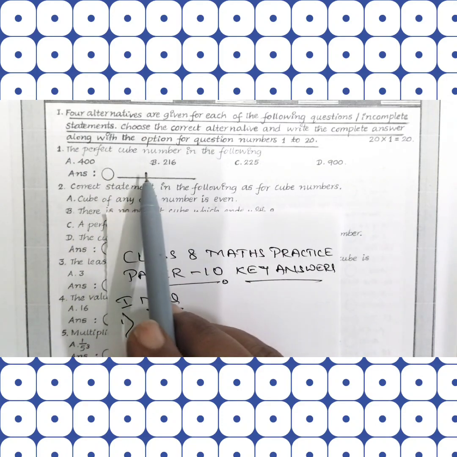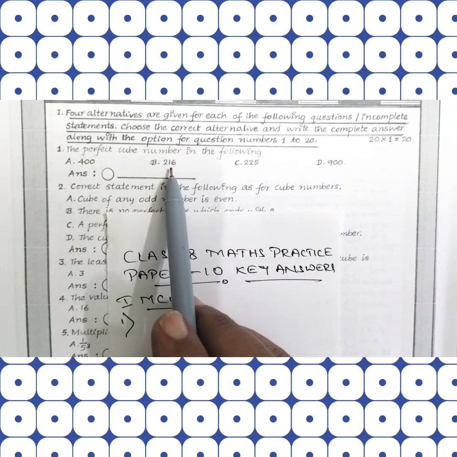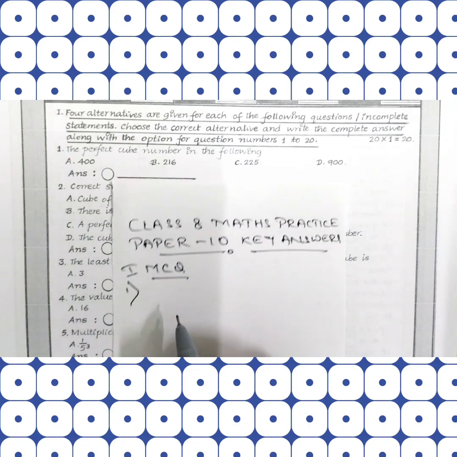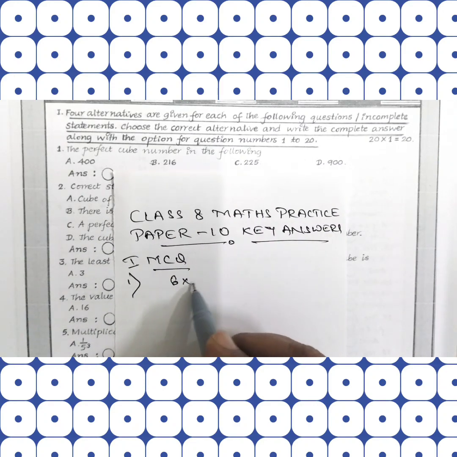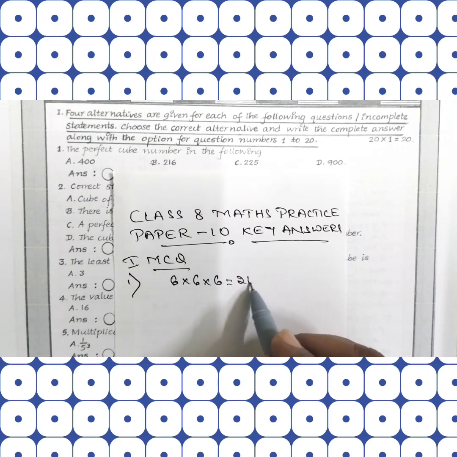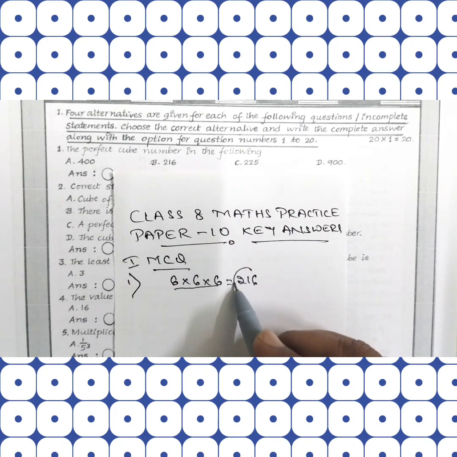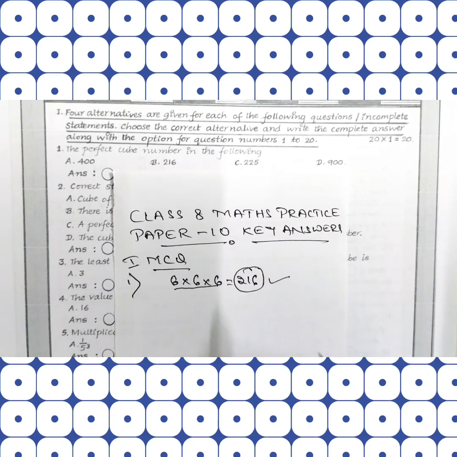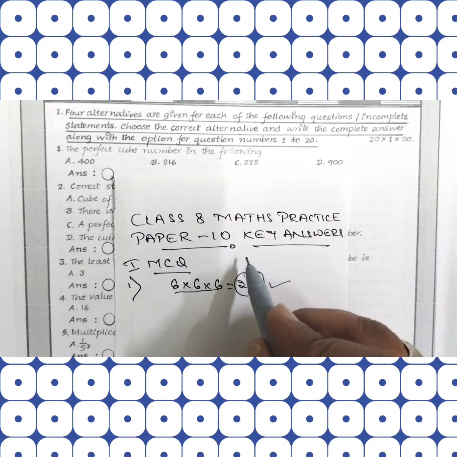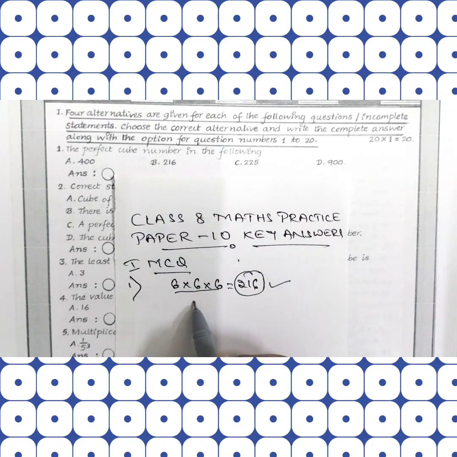For the first question, the right answer is 216, because if you multiply 6 three times, 6 sixes are 36, 36 sixes are 216. That means a number which is multiplied 3 times, that is 6, we will get 216. Therefore 216 is a perfect cube. So for the first question, option B, 216 is the right answer. Now let us move to